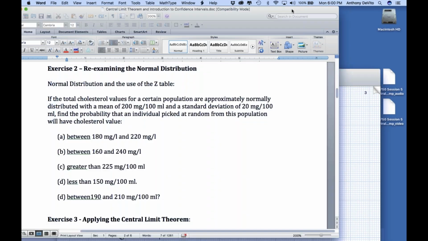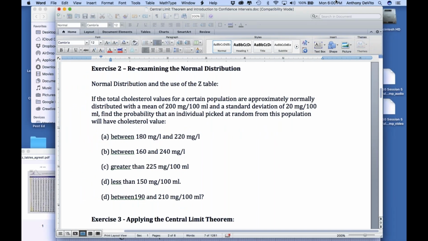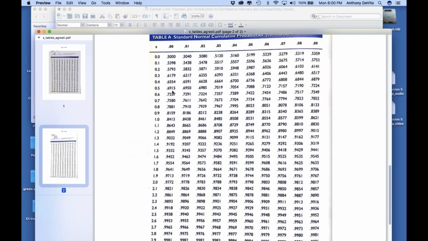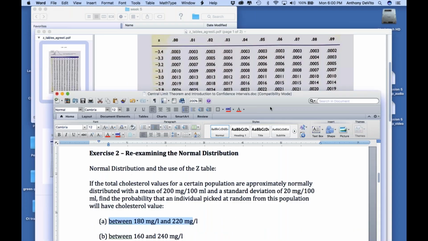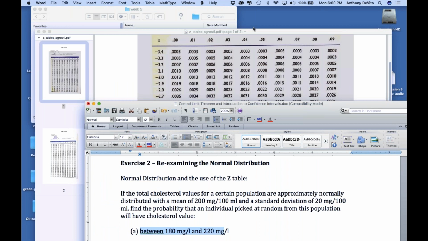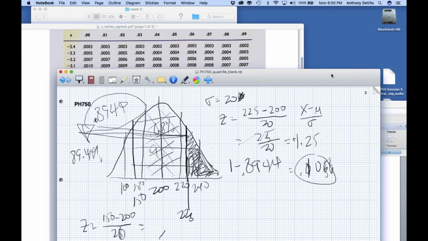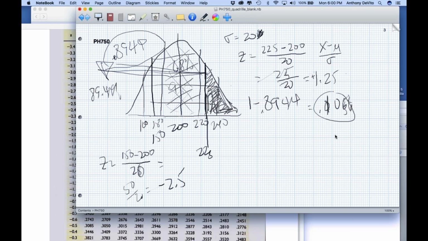Okay, so I'm going to go back to my table. Negative 2.50 represents an area of 0.0062, less than 1%. So, going back to my notepad, the area for 150 is going to be down here actually, right? 150. So this area is going to be